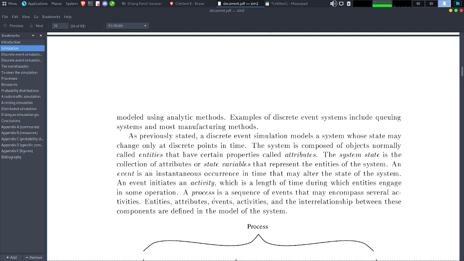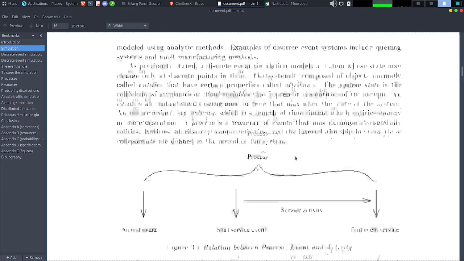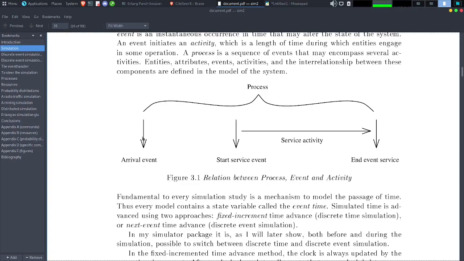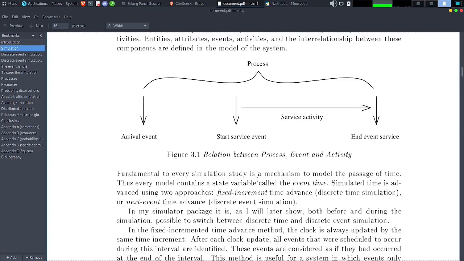Entities, attributes, events, activities, and the interrelationships between these components are defined in the model of the system. Okay, so we have a lot of properties and different kinds of entities and objects. We have the arrival event, that's called the process. We have the start service event, the service activity, and the end service event. And this is the relation between process, event, and activity.